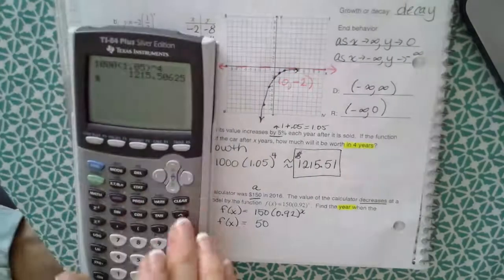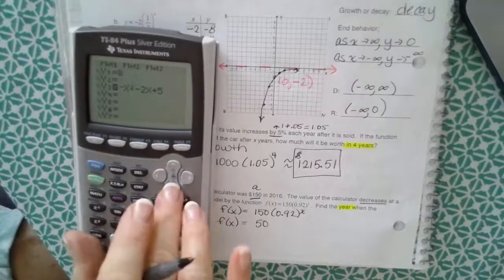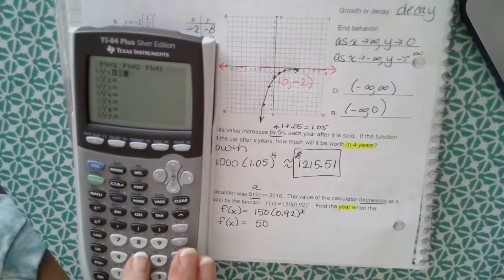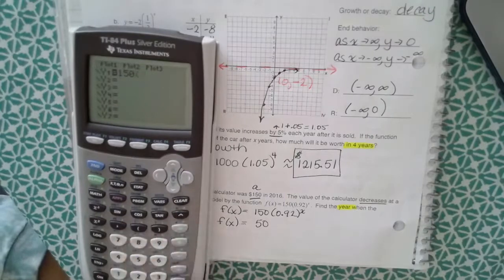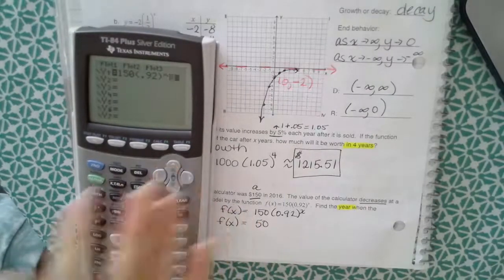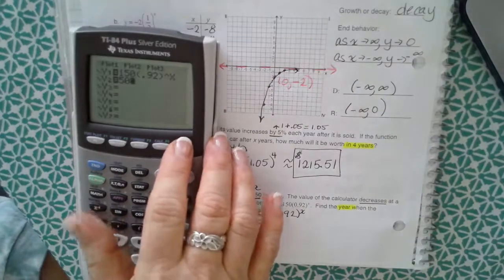So if we take our graphing calculator, go to y equals, we're going to clear our equations that we had from before. And we're going to plug in these 2 equations. So 150, parentheses, 0.92 to the x power. And then our second one is going to be 50, and then we're going to graph. And then the goal is to find out where they intersect. So if I hit this right there,